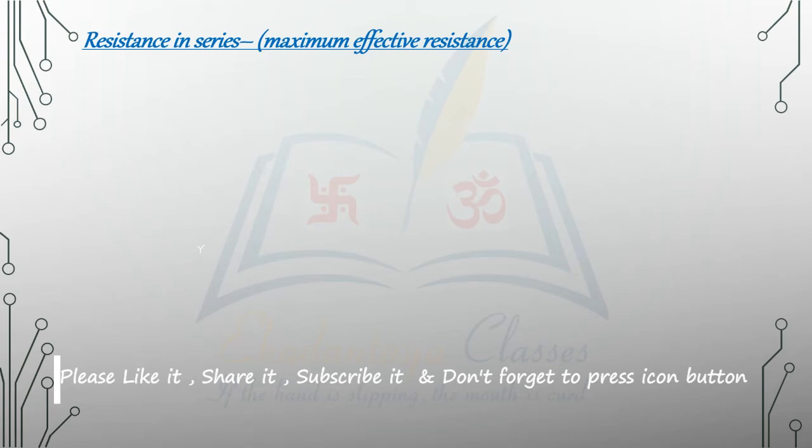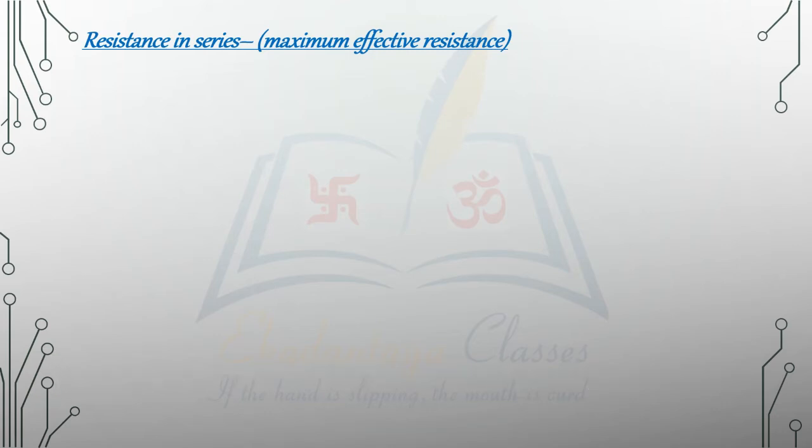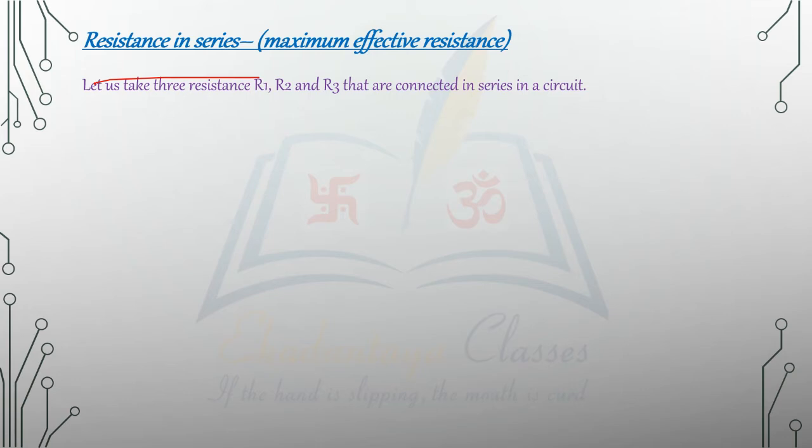Resistors in series give the maximum effective resistance. Let's derive this. This is very important from the exam point of view. This is a derivation, and this question has been asked many times. Let us consider three resistors, R1, R2, R3, connected in series